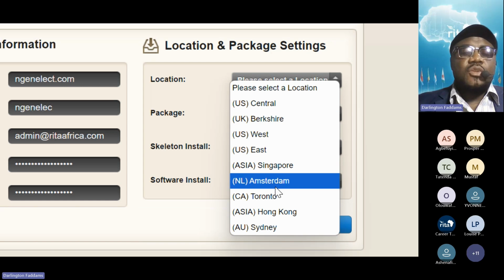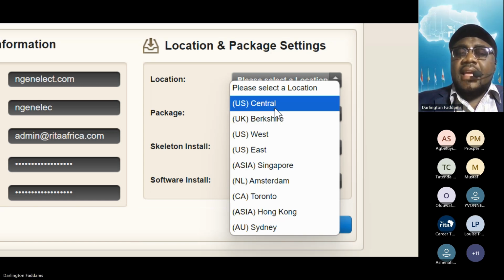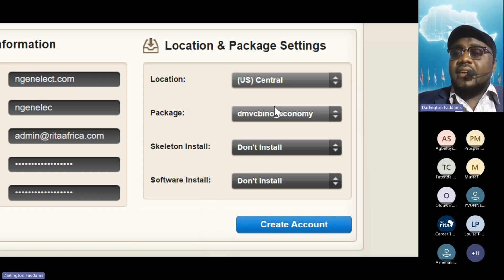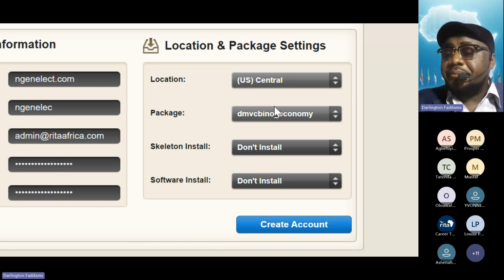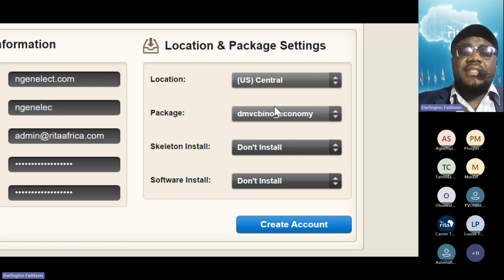Apart from this being so powerful, let me tell you something. When you set up a reseller account, you are given one server that you put all your customers on. With this thing you are looking at, my hosting account is spread on multiple servers, more than 100, almost up to 1,000 servers. Because the moment I create this,